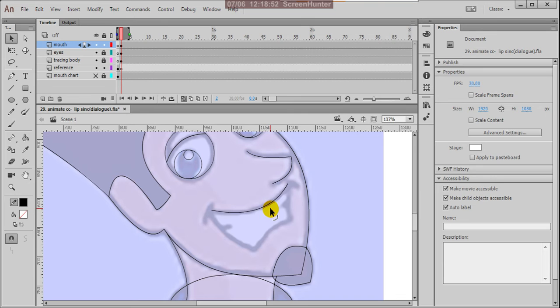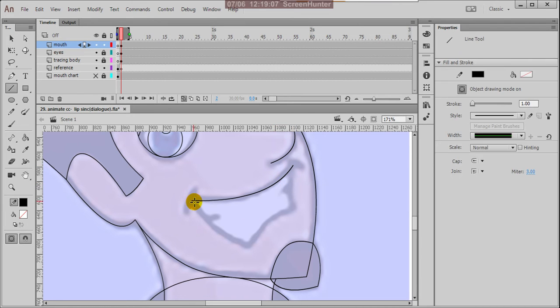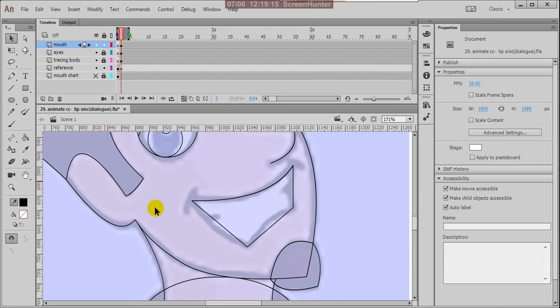and I'm using selection tool for the proper shape. Okay, and draw one more line here, one more line here, one more line here. So after making lines, I give the shape.